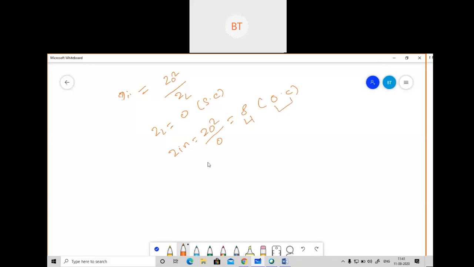Now we need to find the current value. So what will I write here? That IS we needed to calculate. So we will write here voltage by load, Vs by infinite, that is 0. So actually what they are doing, they are giving the questions and manipulating those questions so that you can apply your brain. No question is tough. Only manipulation is there so that you can use your brain. So see, a simple problem is there.